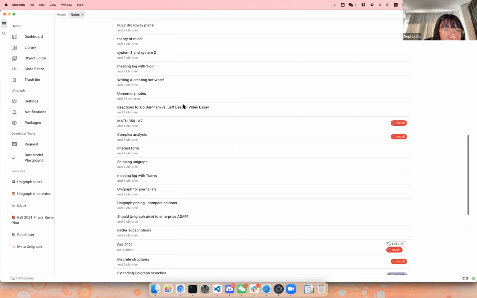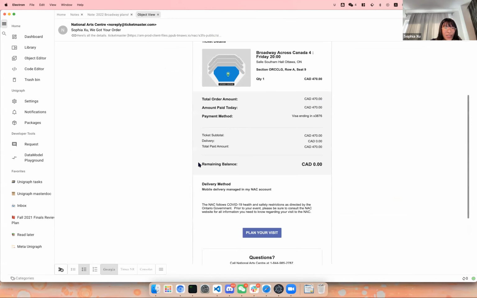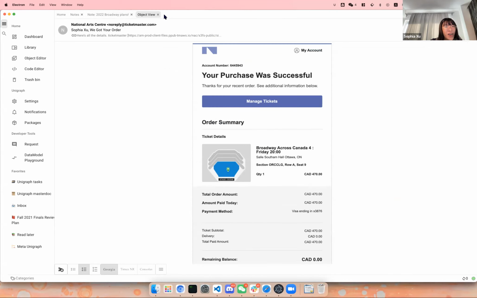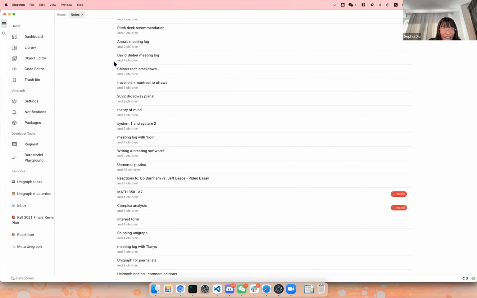I do not remember. Oh yeah, here. So here's the example document, and that shows the integration ability. This is an email that syncs from my Gmail account, and this is basically my invoice for an event. And here are all the calendar events happening that are synced to Unigraph in Gmail, and I can reference them right in with the block references. Yeah, so it's really cool.